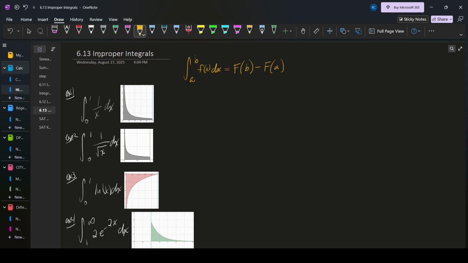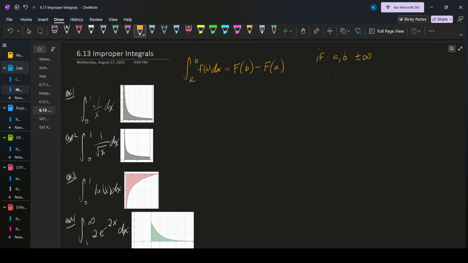Now, when we're dealing with improper integrals, what makes these definite integrals improper is if a or b is infinity. So we're integrating from negative infinity to some number, or from some number to infinity, or both, over the entire domain. Okay, so that makes the integral improper. If direct substitution gives us an